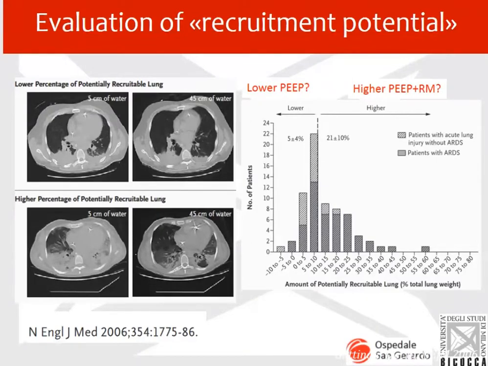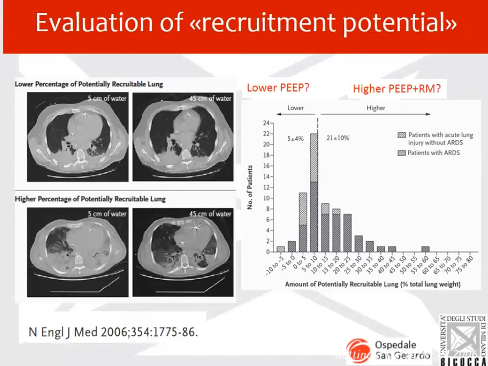So in some lungs there is no reopening. A lot of patients reopen between 5 and 10% of the lung, but it can be up to 40% of the lung weight which opens up when a high positive pressure is applied. So this study was just descriptive, like a snapshot of the situation of the patients with ARDS. But we can imagine